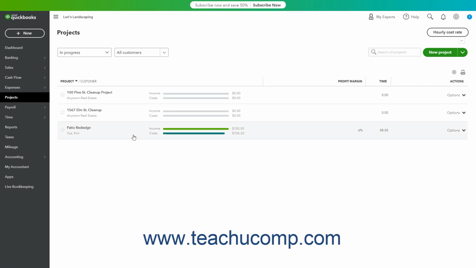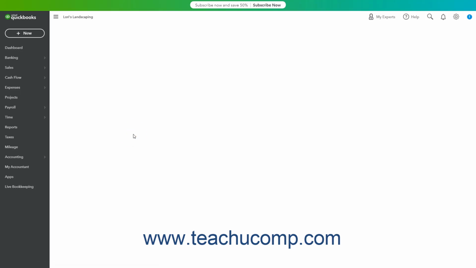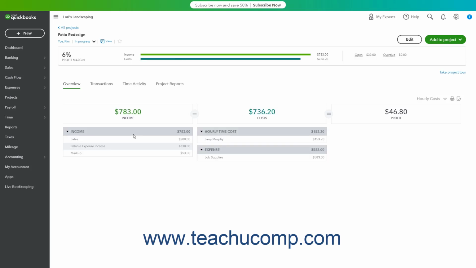You can add transactions to a project in QuickBooks Online Plus or higher to record the associated income or expenses with the project. You can add new transactions directly from the project, or you can classify existing transactions as needed. However, you should add estimates from which to invoice the customer to the project before creating the invoice or invoices